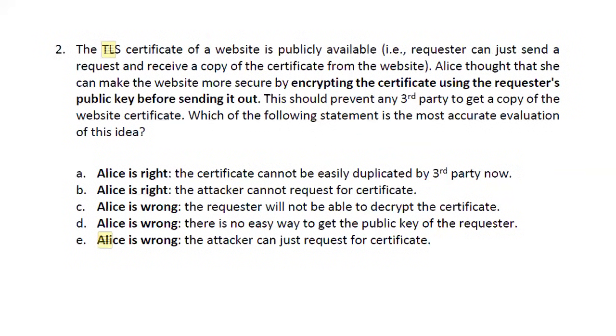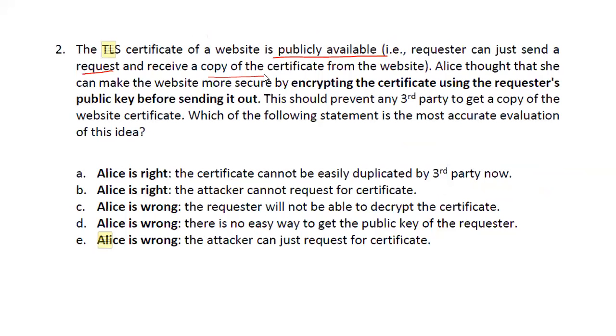Okay, for question 2, the TLS certificate of a website is publicly available. That means everybody can access it. All you need to do is send a request, and then you can receive a copy of the certificate from the website.